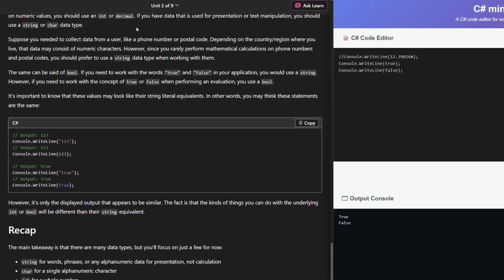Suppose you needed to collect data from a user, like a phone number or postal code. Depending on the country or region where you live, that data may consist of numeric characters. However, since you rarely perform mathematical calculations on phone numbers and postal codes, you should prefer to use the string data type when working with them. The same can be said for bool. If you need to work with the words true or false in your application,